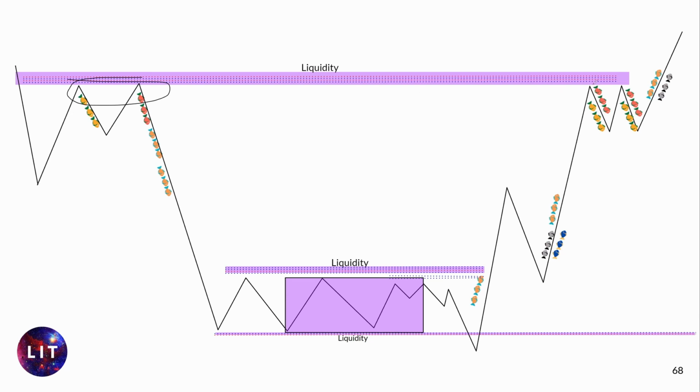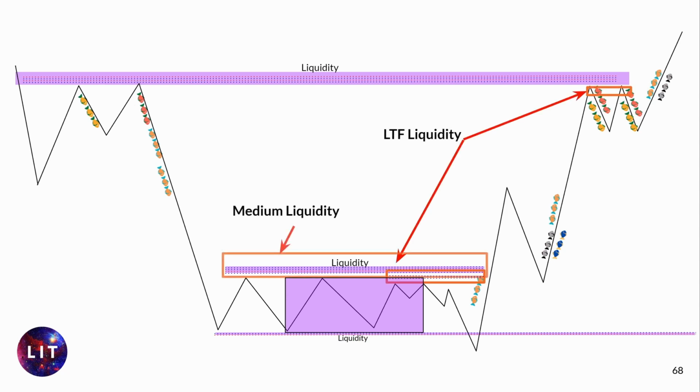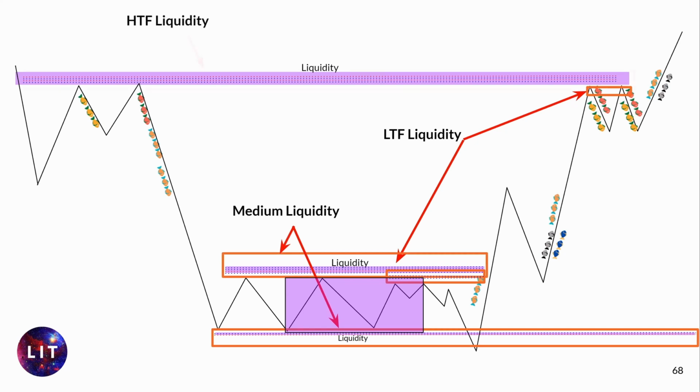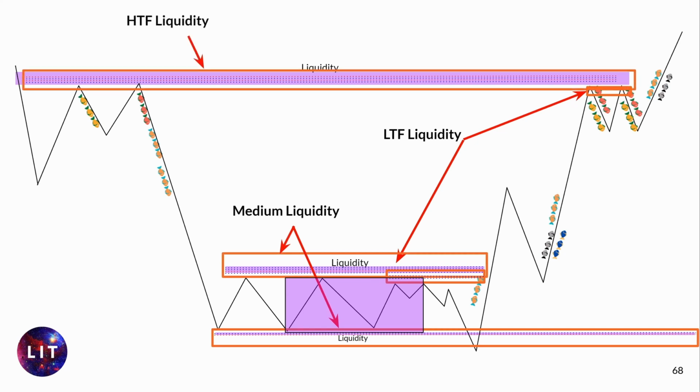What do they do before that? They're building even more equilibrium, liquidity, right? Forming whatever, the quadruple top whatsoever, and then finally taking out. And then guess what? Of course, they can reverse. So what are all the fishies doing? Of course, first of all, we have lower time frame liquidity and medium liquidity and higher time frame liquidity.